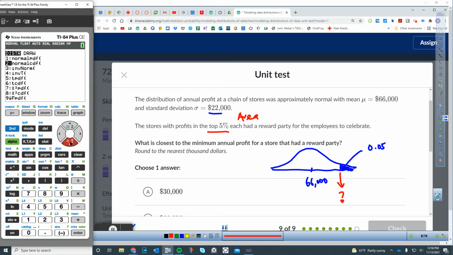You need to go to number 3, because that's where you're given area, right? You're given area because number 2 is you want to find area. So number 3 is you're given area. In this case, see top 5% right here is 0.05, but the calculator only can calculate area from the left to the right. So from the left to the right, well, yours do. I actually have a left, center, right. But to make it consistent for you to understand, this part here will be 0.95